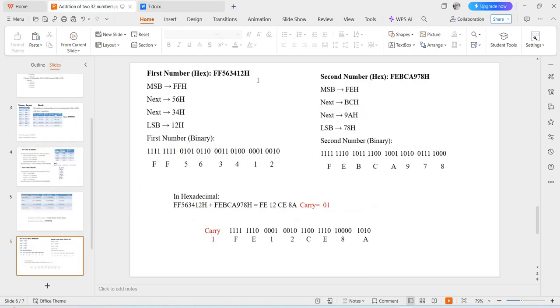I'll take these two numbers as the input, so I should get this as the output. First number is FF 56, 34, 12. So 12 I have to enter in the 30th location.